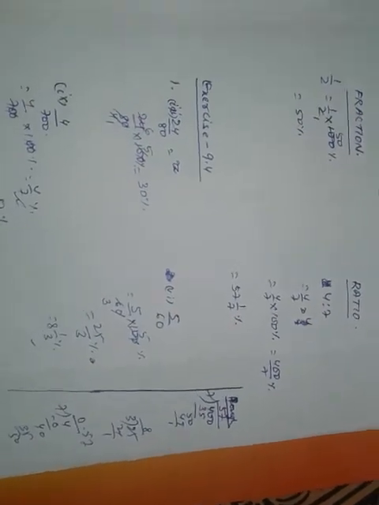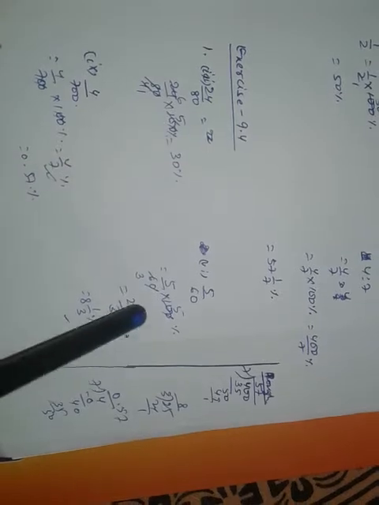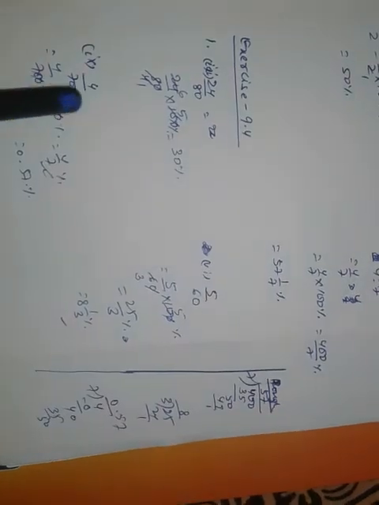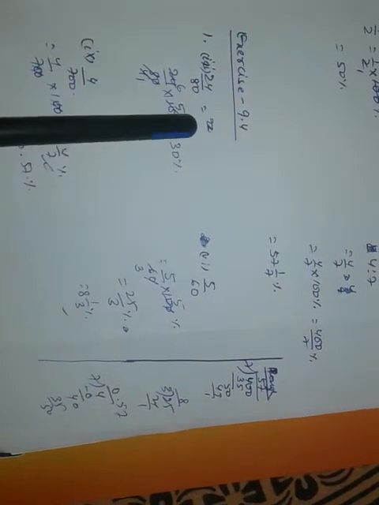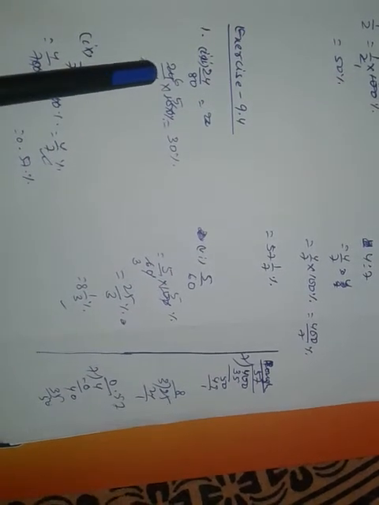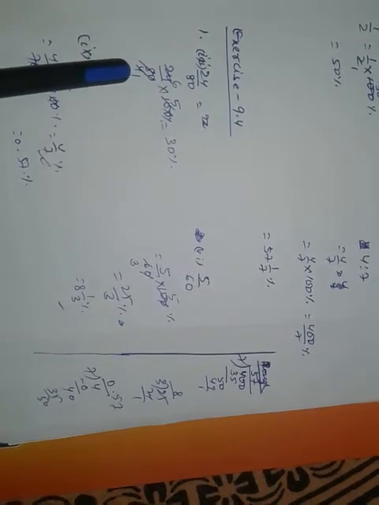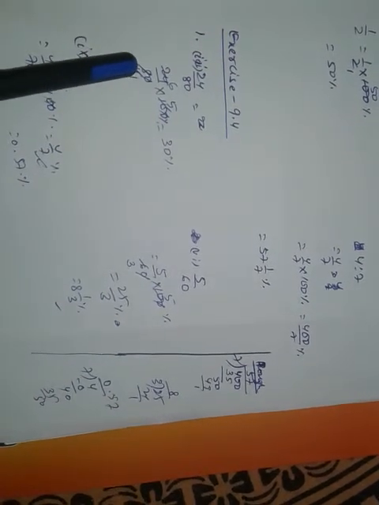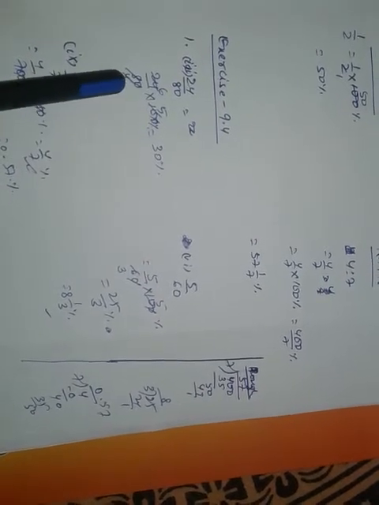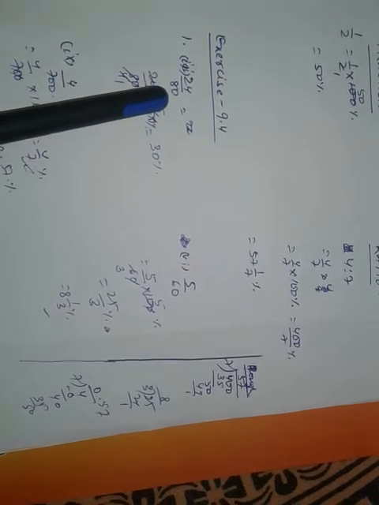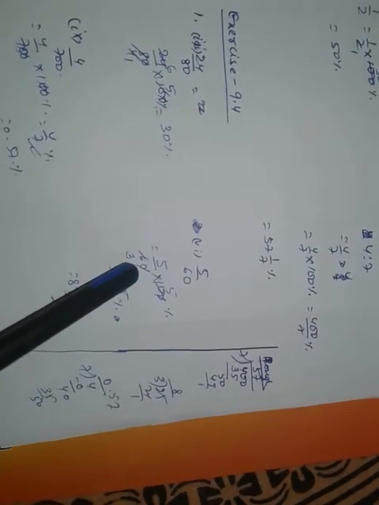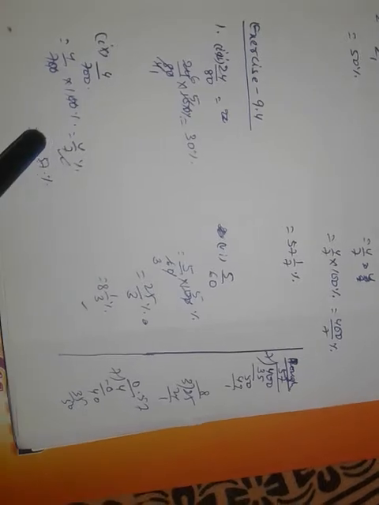Now I am going to exercise 9.4. Some questions I solved for you, and the rest you have to solve by yourself. The third question of the first number I have solved for you, that is 24 by 80. So I multiplied by 100. How much do I get here? First of all, I cancel 0 and 0, and then I cancel by the common factor of 8 and 10, which is 2. 2 fours are 8 and 2 fives are 10. Now again 4 fives are 20, 4 sixes are 24. So how much do we get here? 30%. Like this only we have to multiply by 100 here itself, and whatever we get is the answer.